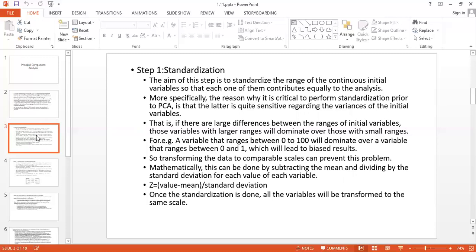Once the standardization is done, all the variables will be transformed to the same scale. By using this standardization, the difference in ranges of the variables will not be there, because all the variables will come on the same scale. So this is the first step in principal component analysis.